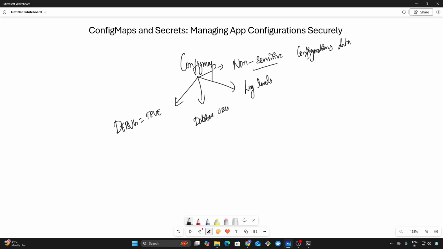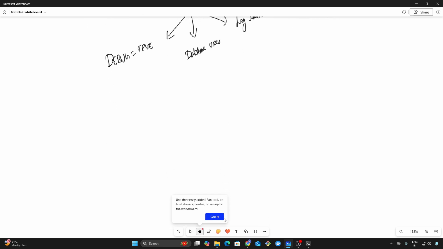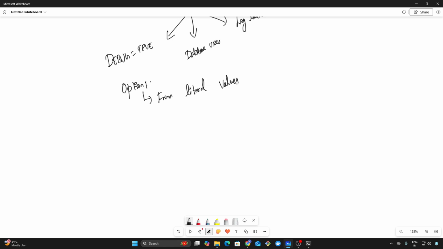So how do we create a ConfigMap? There are three ways. The first way is creating from literal values. First, I will explain the command. After that, we will do it in our terminal, in our cluster. So the command is kubectl